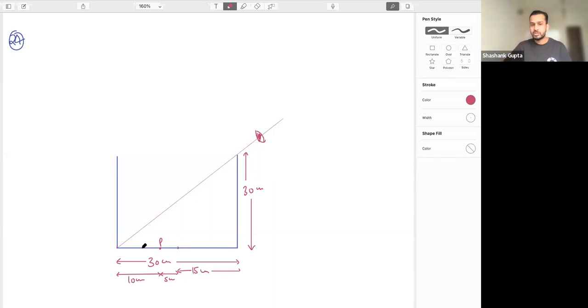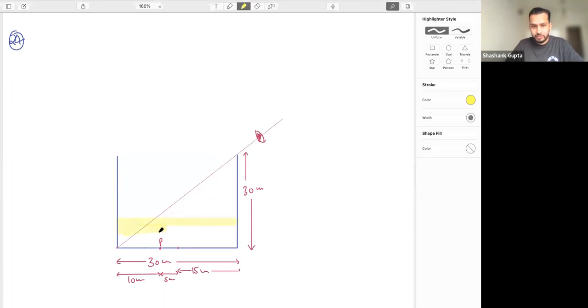This point he is not able to see, why? Because the eye is here. So from point P, what is happening? The ray is going like this, and the eye is exactly at the center of this ray. So what they are saying: up to what minimum height should water be poured in the vessel to make the particle P visible? Now, understand what exactly they are saying. Till what distance should we pour the water? I'm just pouring the water.